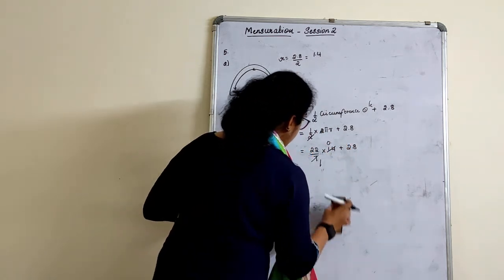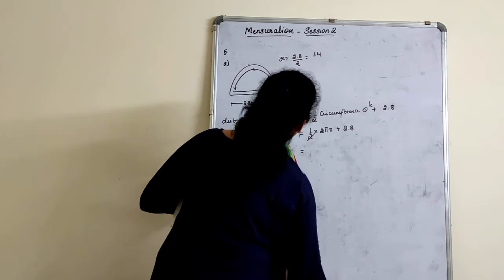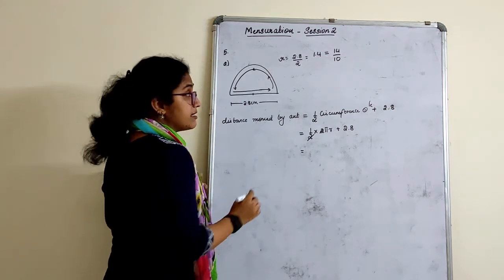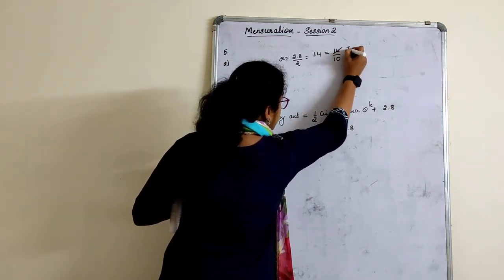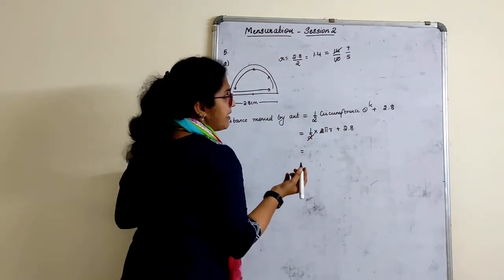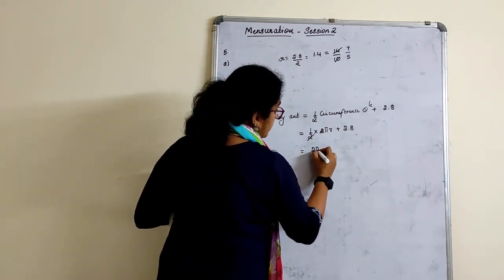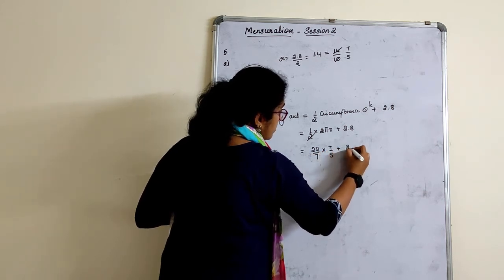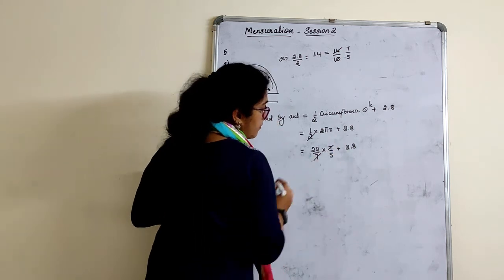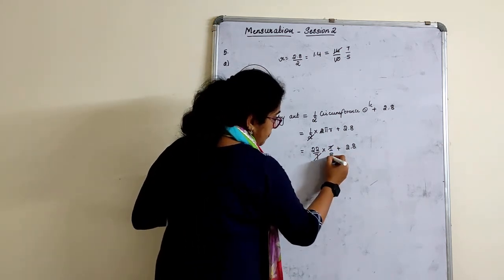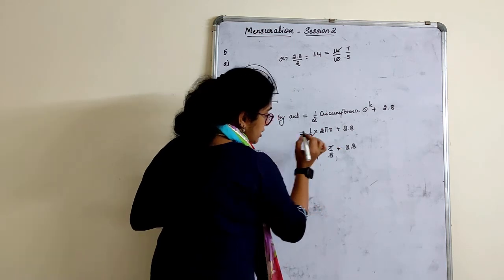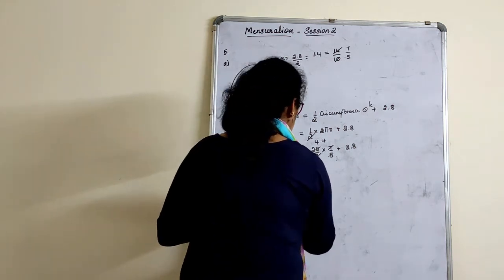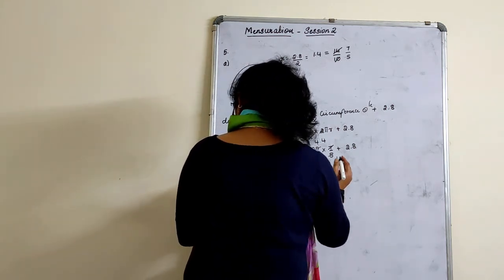If you really find it that difficult in doing, what we will do here is, as I have told, this is equal to 14 by 10, you can write directly as a decimal. 2 sevens are 14, 2 fives are 10. Write it, it's nothing wrong. 22 by 7 into 7 by 5 plus 2.8. 7 and 7 will get cancelled. 22 by 5. 5 fours are 20, 2 remainder. So 4.4 plus